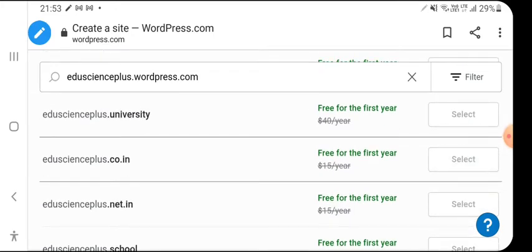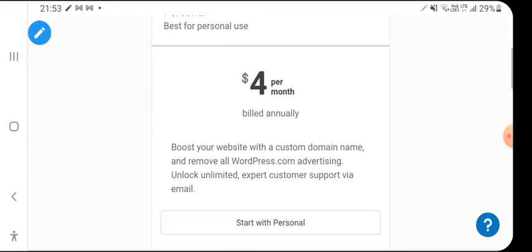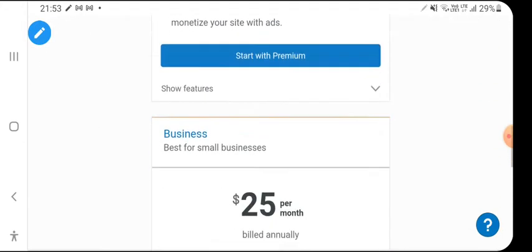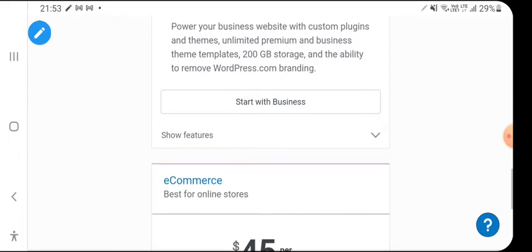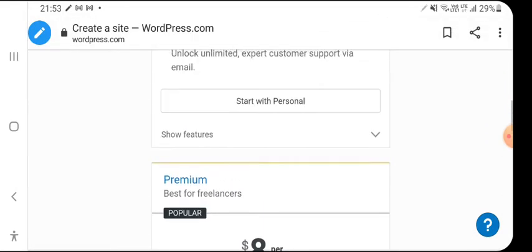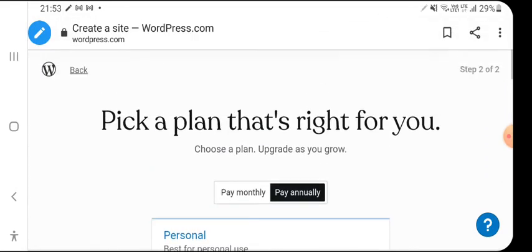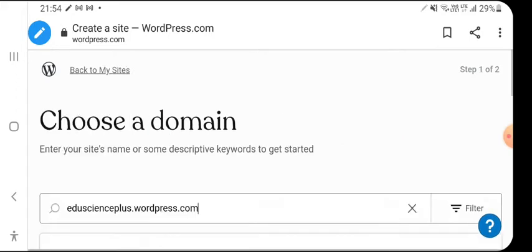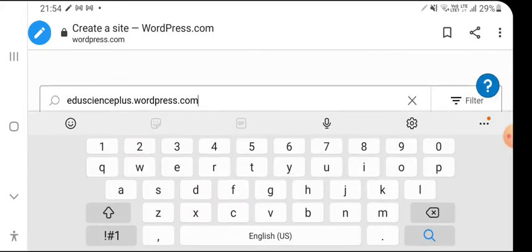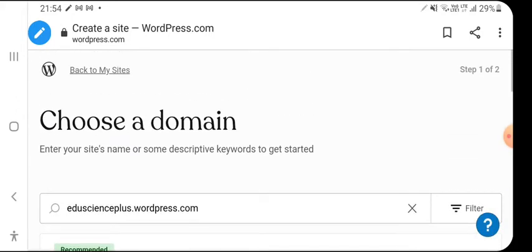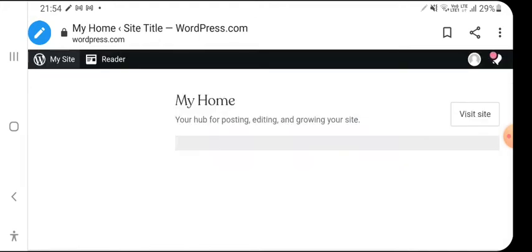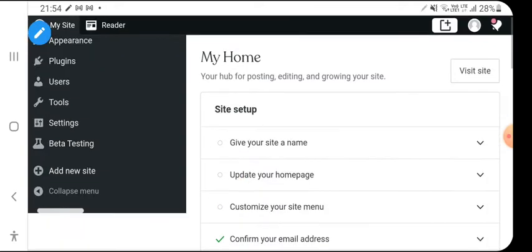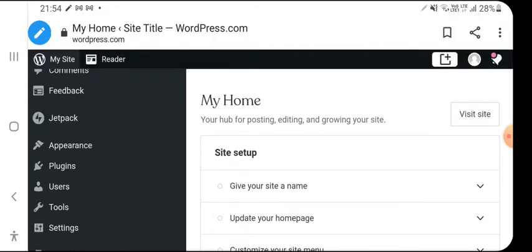But that is also showing that we have to pay. So if we get back and can get a domain completely free of cost, then that will be the best thing.